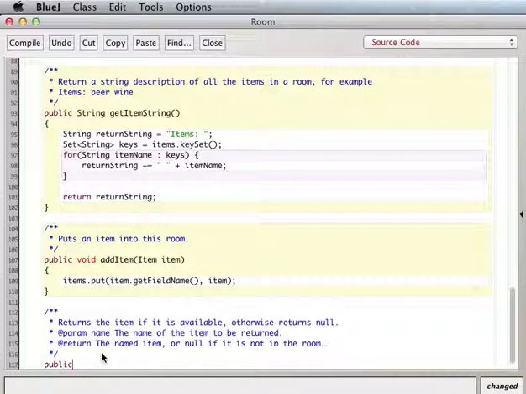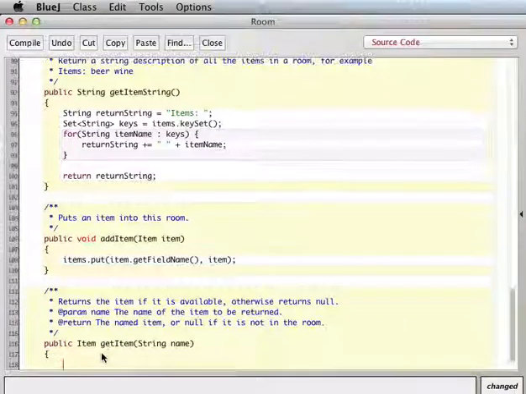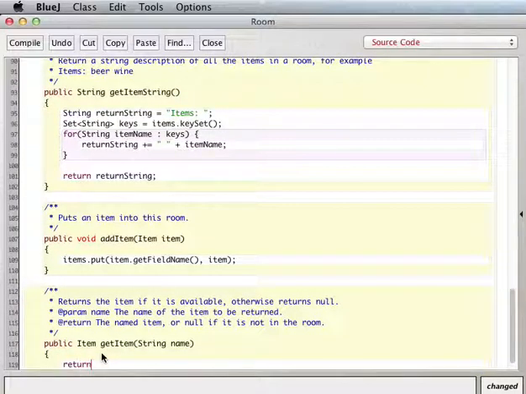Let's see, public item, get item, and we're going to use the string, basically the field name, to see if it's in there. So what we do is we say return